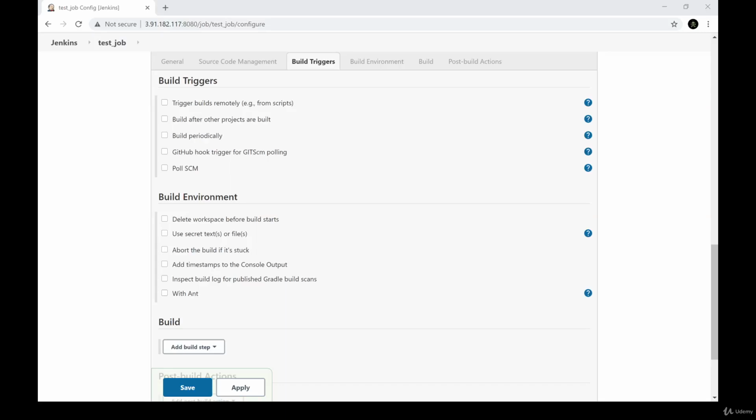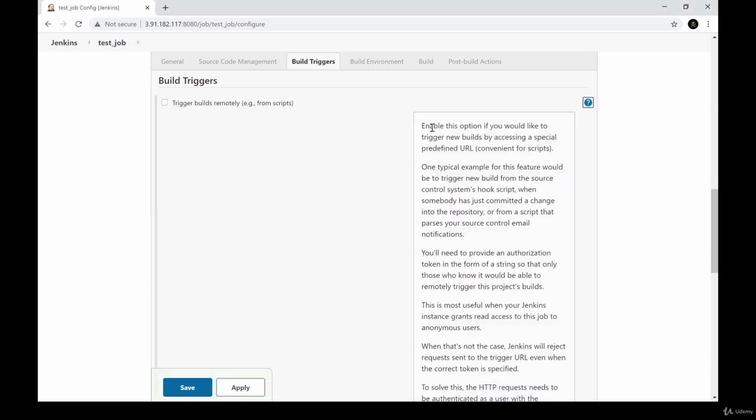Alright, now for the build triggers tab. The first thing is trigger builds remotely, for example, from scripts. This option lets you trigger a new build by accessing a special predefined URL, which is convenient for scripts, whether bash, PowerShell or whatever. One typical example for this feature would be triggering a new build from the source control system's hook script